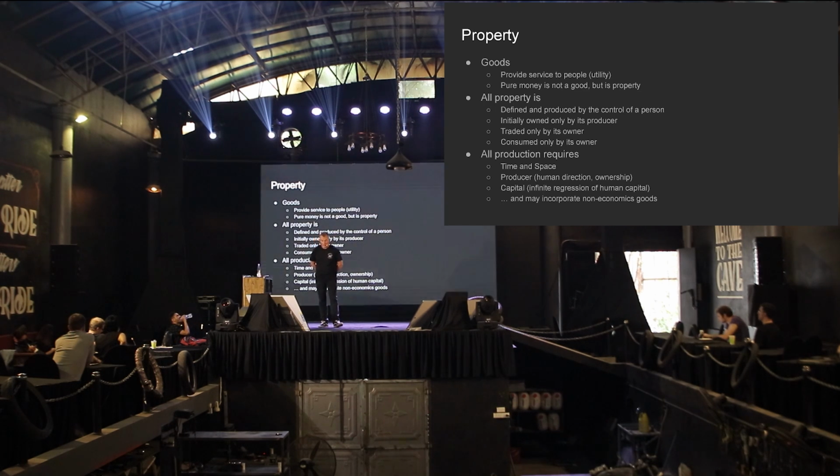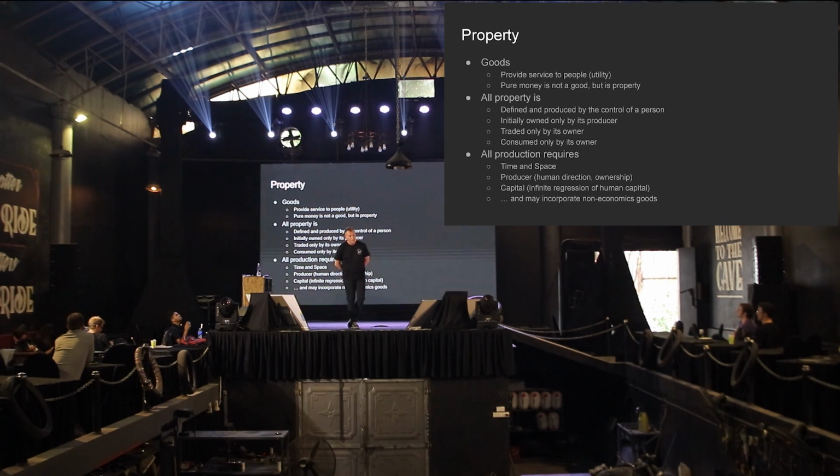Okay, so going to production. Production requires time and space. And nothing can be produced without at least a person producing it, which takes up space to house their soul at a minimum. And requires time because no change occurs without time. So those are essential. And it requires a person to produce something.